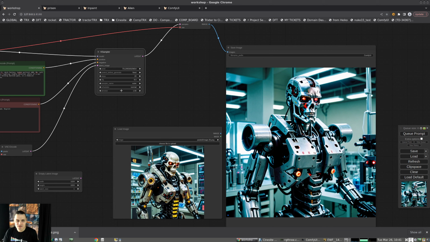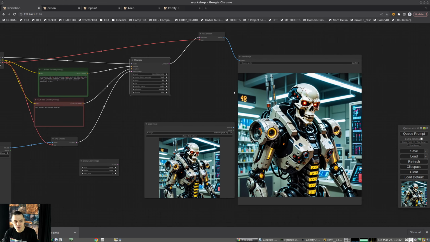Now, what is the denoise value doing for us? Denoise is how much noise of this seed will be applied to our picture. If we're applying zero noise, okay, we cannot apply zero noise. Let's go very little. Our picture will change very little because,